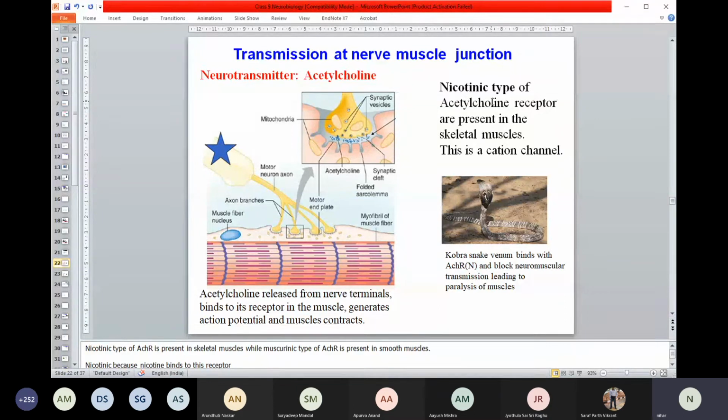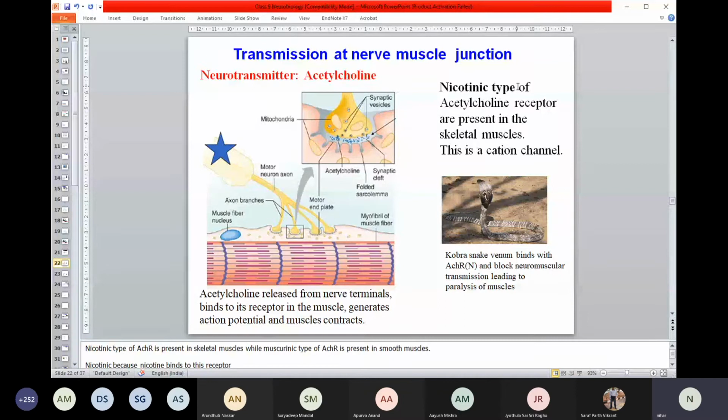People who smoke, when they take a lot of nicotine, it can go and bind with this kind of neuromuscular junction, and thereby can cause activation, so the muscle can abnormally contract. In chain smokers who continuously smoke, you will be able to see sometimes the hands and other parts of the body continuously activating some skeletal muscles. But anyway, those are different parts.